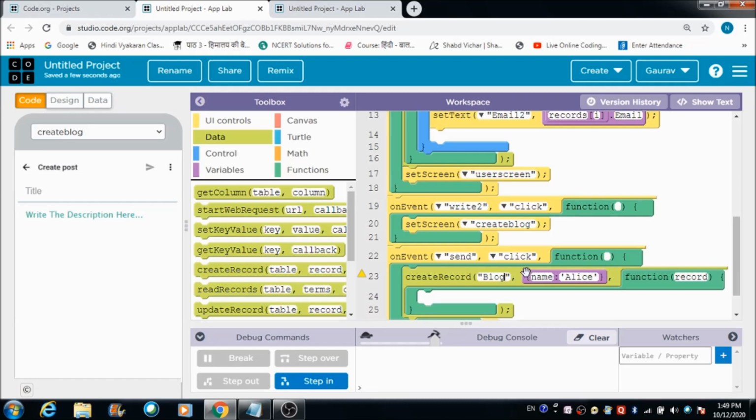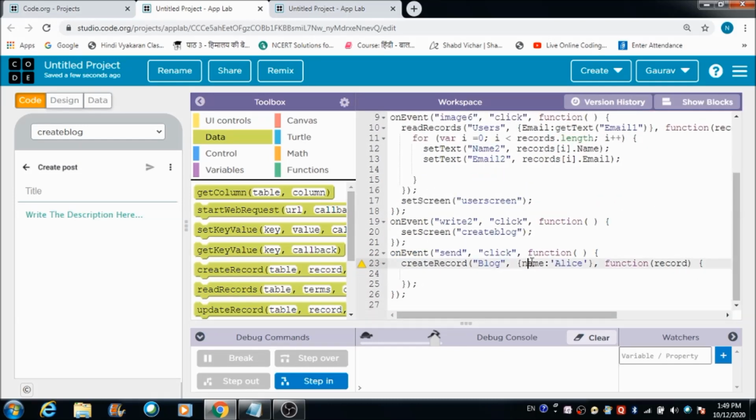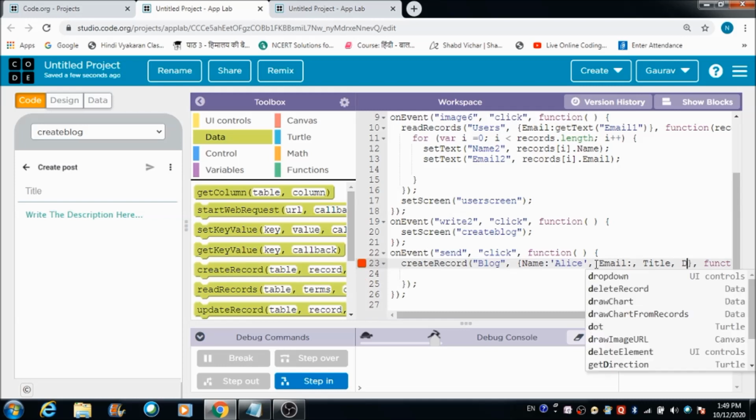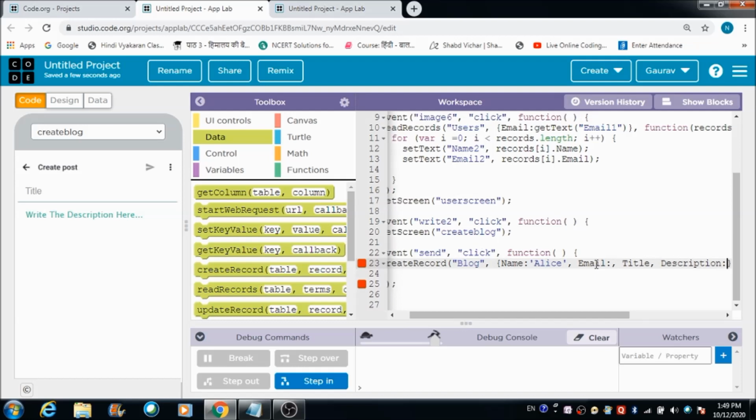Okay, so here inside this I would like to see the name of the user to be there. I would like to see the email ID of the user. I would like to see the title of his post. I would like to store the description of his post. So these are the 4 things which I would like to store in this table.